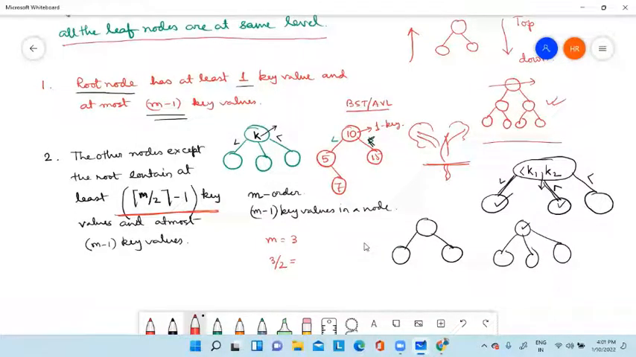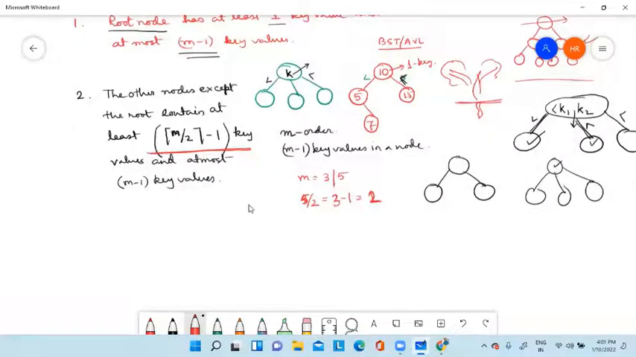It means we are taking the ceiling value, so it is 2 minus 1. So this is the minimum value. And maximum: for 3 it is not that important, but for 5, it becomes 5 by 2. If the order is 5, 5 by 2 will give you 3, minus 1, it is 2. So minimum 2 key values is a must for a node except the root node. Now this too is a very important property, and one property I have already told,